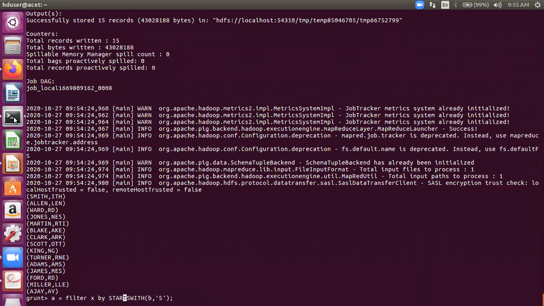Say I display the name, and then compare what it contains using equals ignore case. So I'm comparing all the names in my relation with the string Smith.